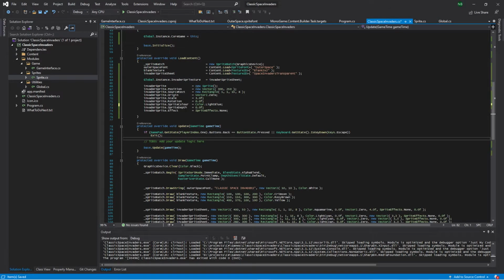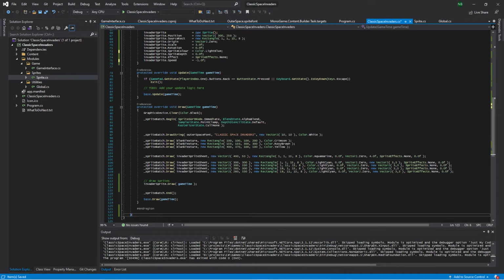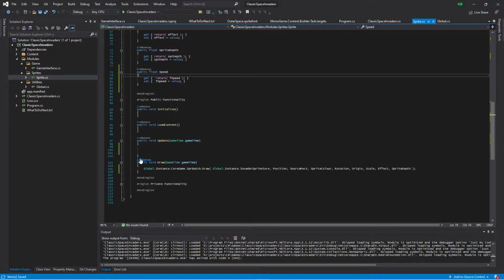So in here, I'm going to do a speed of invaders, right? Speed equals minus 1.0f. Alright, so that's our -1, so it effectively will move left. It's decrementing the x value by that. Alright, so this is at the start. So we have that, and we will go into our sprite, and in update, we will then do,